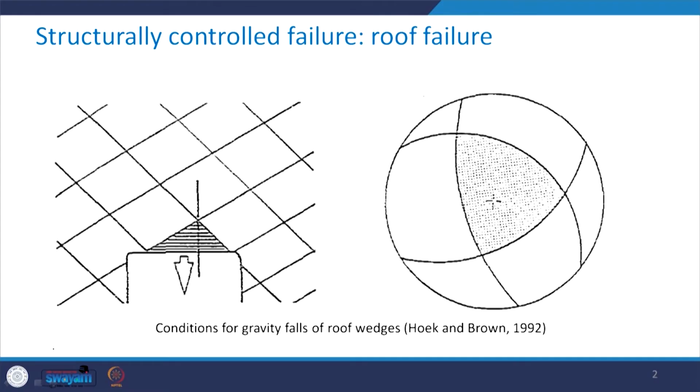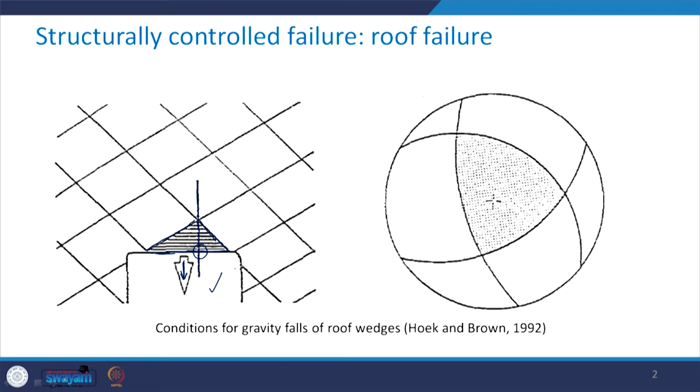I mentioned to you that the wedge can be formed in the roof by these three discontinuity planes, and the condition that this wedge will fall in the vertical direction was that a vertical line, which is this line, passing through the apex of this wedge, if it is crossing the base, like here, in this case it is crossing it here, this means that this wedge will have the tendency to fall in the vertical direction in this excavation.